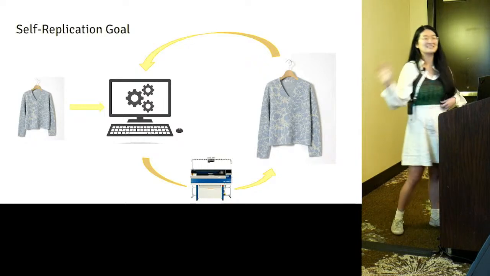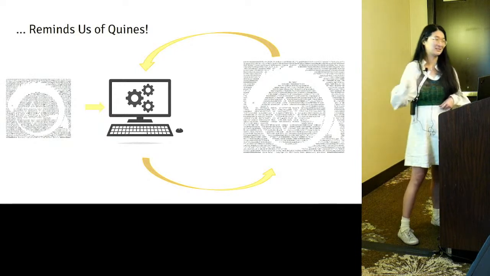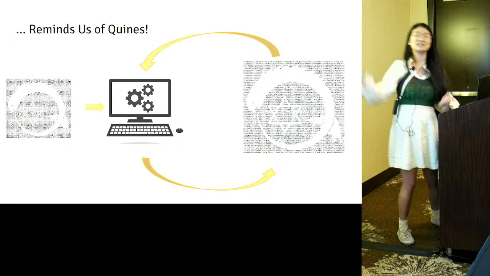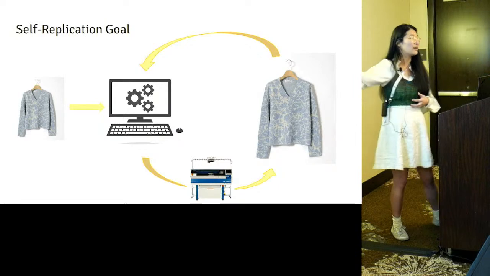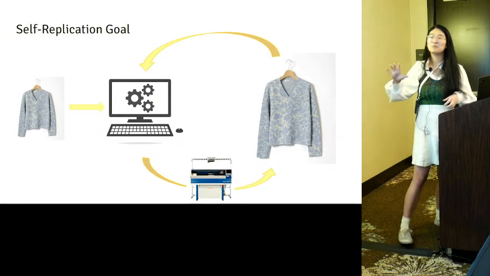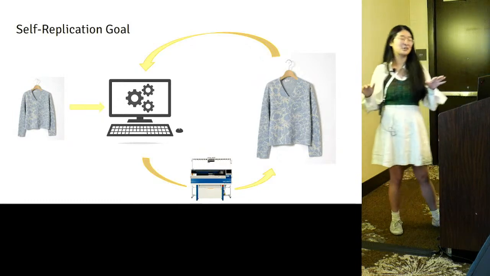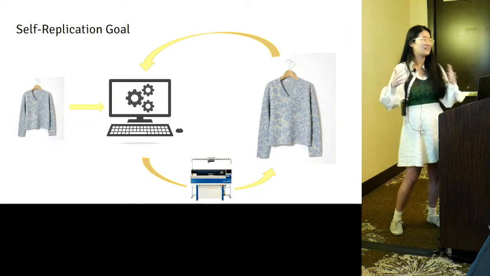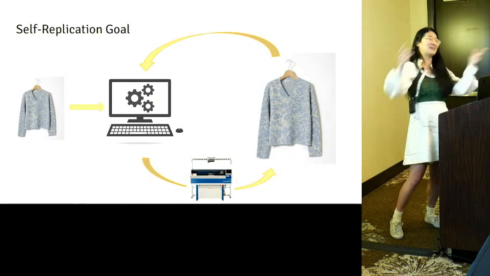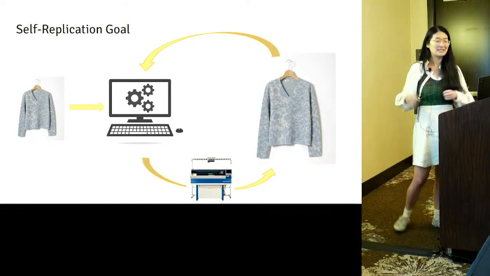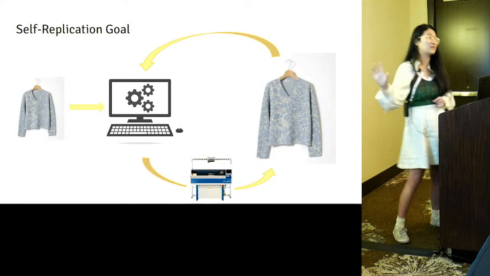And that kind of sounds a lot like a quine. We're basically trying to write a quine for fabrication. To recap, a quine is a program whose source code, when executed, produces itself. What we're trying to do is write a fabrication quine, like a quine that compiles to a knit object. But that kind of means that the input should also be a knit object. And so there's this obvious difficulty here where I don't know of any compilers that can take knit objects as input, like a physical knit object. There's no machine that you scan in a sweater and then you get another sweater. And so we really need some way to decode the original fabrication program from the knitted object.